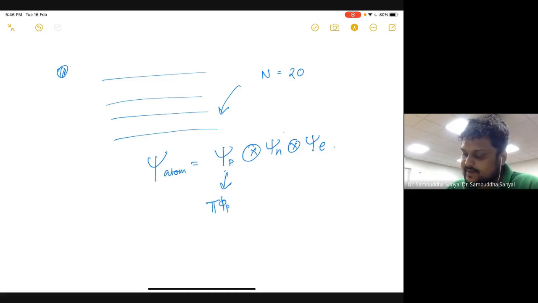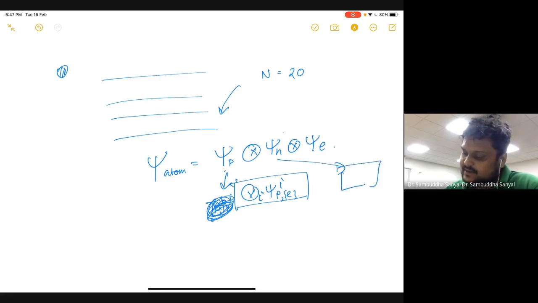5pi, the product of I. No, the symbol is this. Okay, with whatever degrees of freedom, let me call it some L that contains the S. So this is just this part alone. Now this part is also similar, some psi n, and this part is also similar, some psi e, a product of them, individual component. So that is your total wave function.